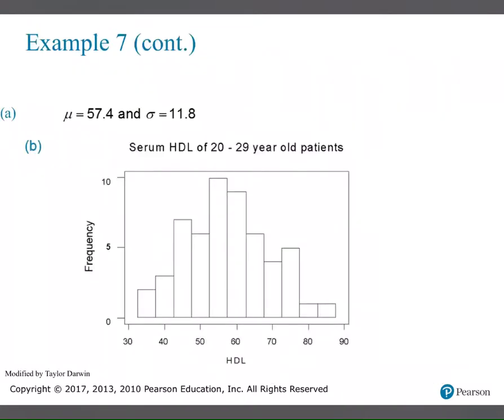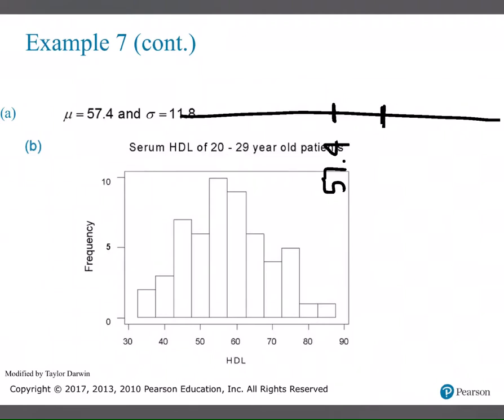Okay, so remember how it said we've got the mean and standard deviation. That's just given to you. You didn't have to compute that because that was a lot of data to have to work with. And then with this bell shape, I can say at least that it's roughly bell shaped, so I can use the empirical rule. So here's what the empirical rule says, and you can go back to that picture if you want. I'm going to draw a little line. The mean always goes in the middle, and I'm going to write this kind of sideways so I don't run out of room. The mean was